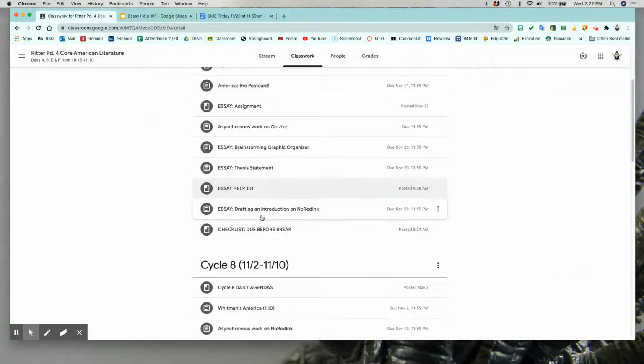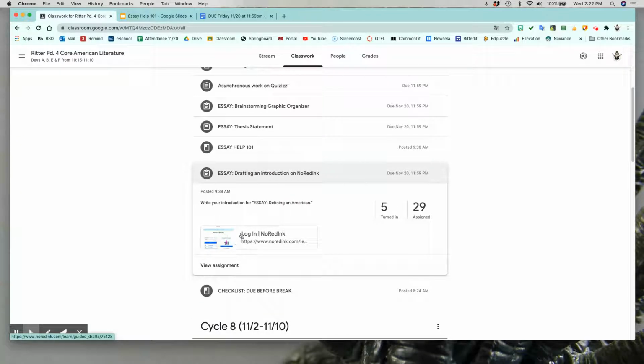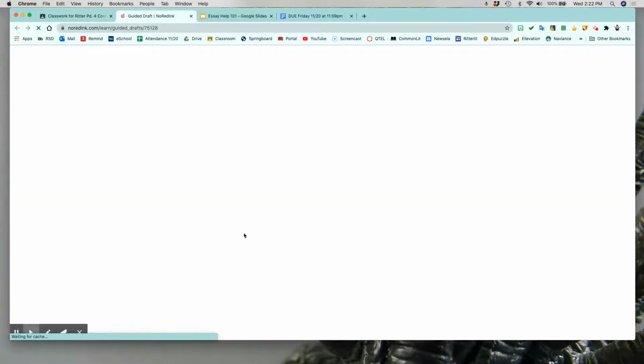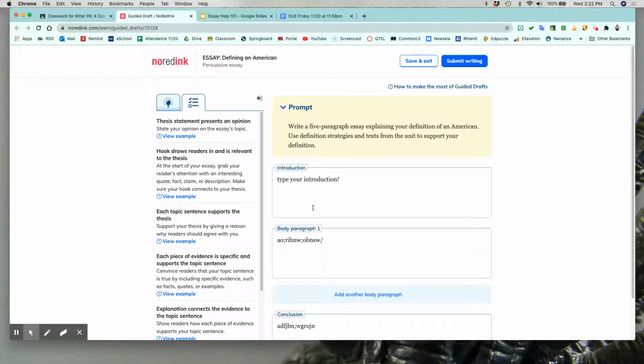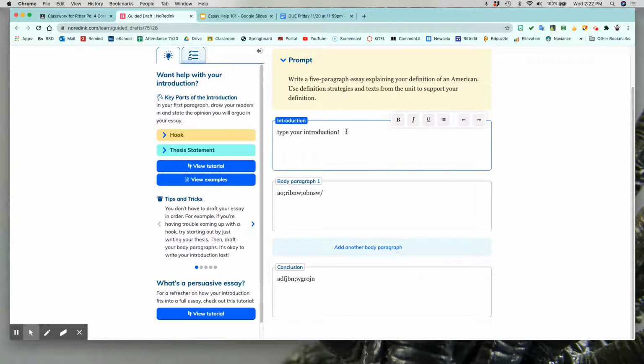In order to do that, we are using NoRedInk as a place to draft these intro paragraphs. So when you click on the link in Classroom, it will take you to what is called a guided draft, and the assignment is titled Essay Defining an American. So up at the top of the screen, you have a copy of the prompt, which is the question that you're writing to answer. And then you'll see that there are places here for introduction, body paragraph, and conclusion. So when you click on one of them,